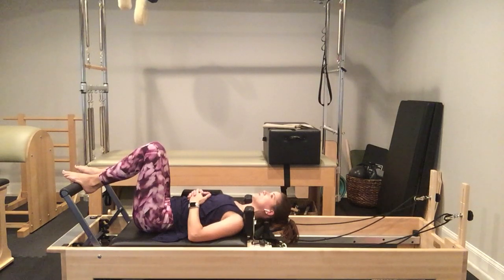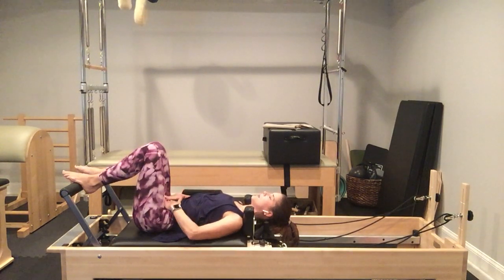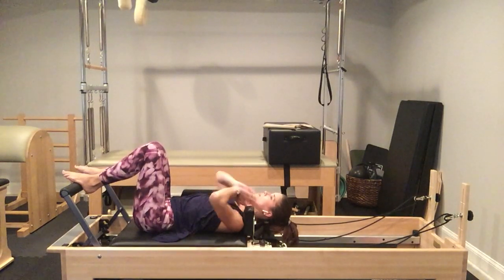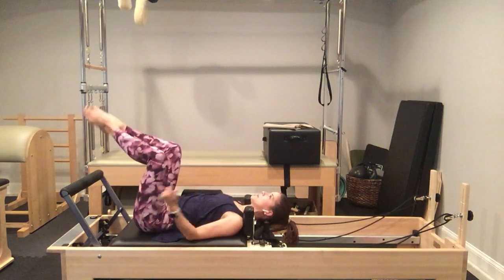Don't imprint your lower spine or sink the curve in your low back onto the mat, but feel the wrap of the muscles around your ribs. You're still drawing in on your lower abdominals, your sacrum's flat, and your ribs are still on. You should have a long, loose neck. From there, we're going to float our feet up, come into a Pilates V with our heels together, our toes